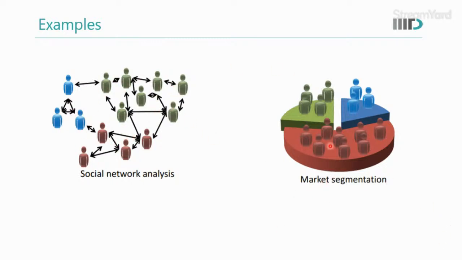Similarly, the same application could be for market segmentation. For example, who are interested in product one, who are interested in product two, who are interested in something else, some other service that the company can offer. This market segmentation is also very important. These are seen based on some features of the individuals.